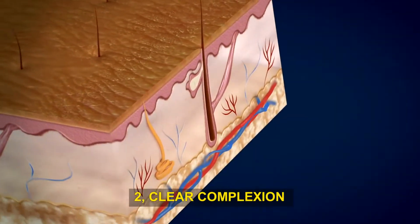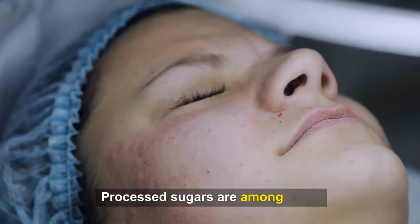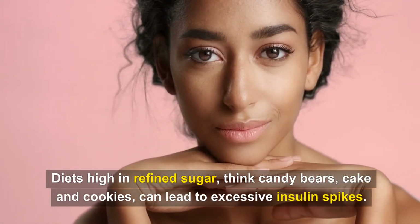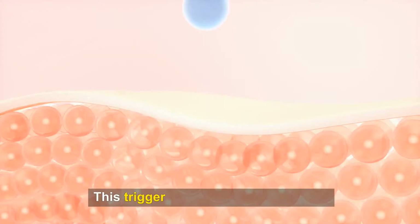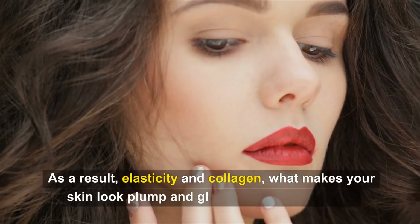2. Clear complexion. There are different types of food that can cause acne. Processed sugars are among them. Diets high in refined sugar, think candy bears, cake, and cookies, can lead to excessive insulin spikes. This triggers inflammation in the skin. As a result, elasticity and collagen, what makes your skin